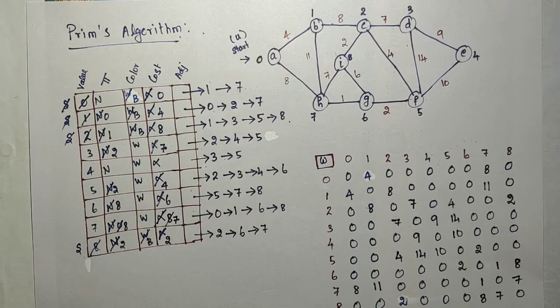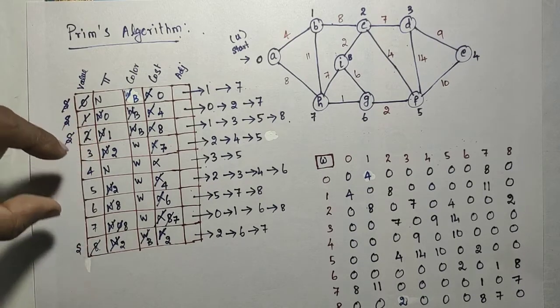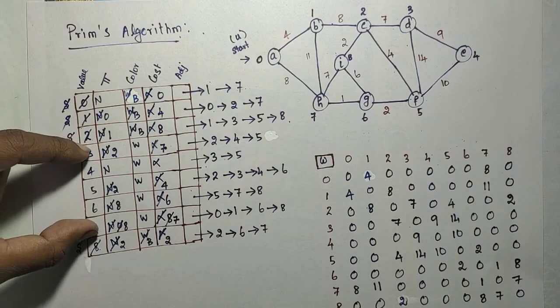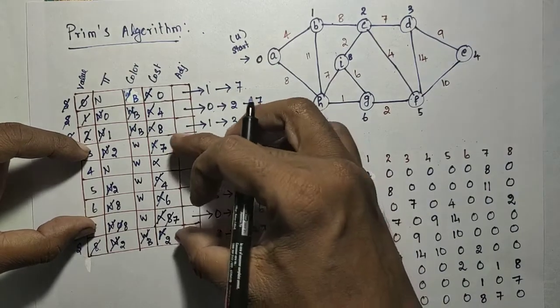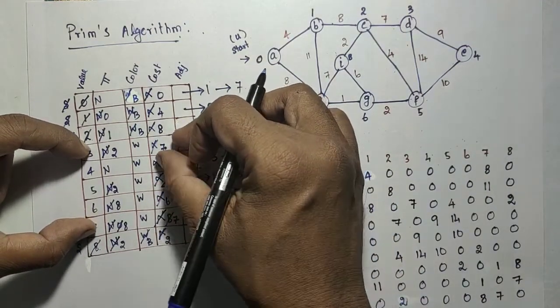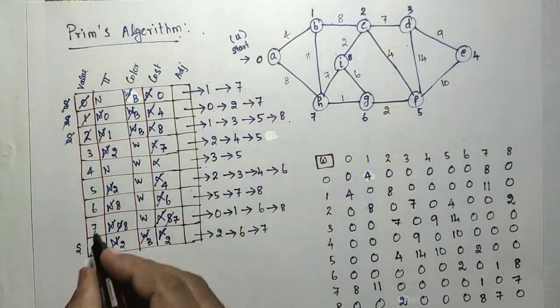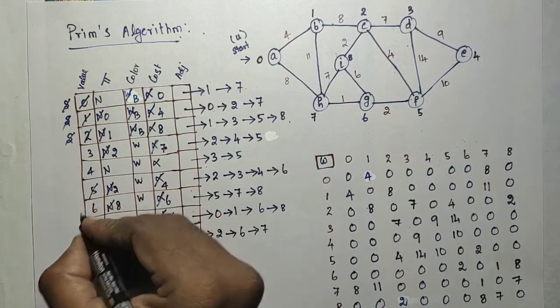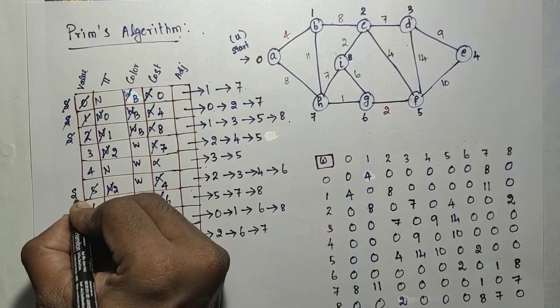So next what we have to do is extract the next one. Extract the next one means what? The computation is only between these 5 nodes. From that I need to extract the minimum. The minimum is among 2, 7, 4, 6, infinity. So 4 is the minimum. So I need to extract the 5 and mark it as yes.